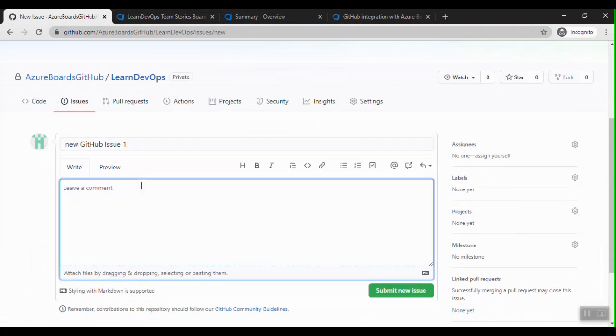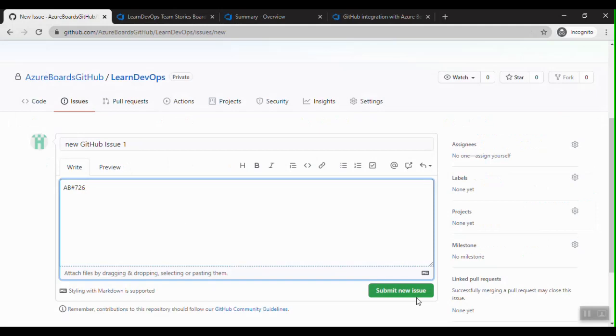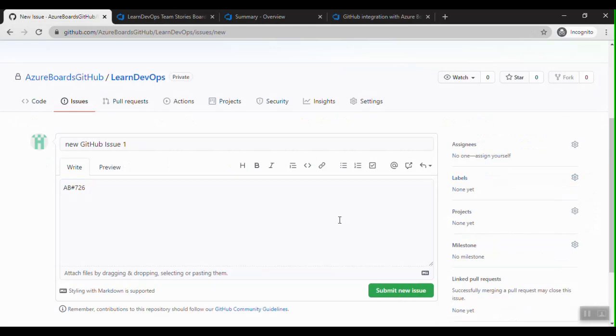This is a place where we will give the comment like AB hash and the work item ID. Yes, so you can see 726, I have given that here. Let me submit the issue, and we can even choose all the labels and all those things here. Okay, let me click on submit new issue.